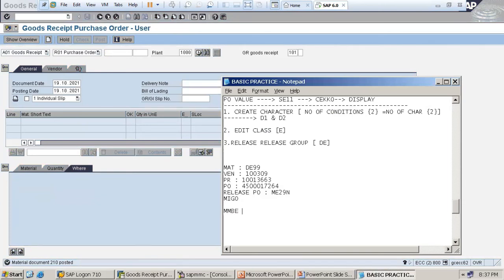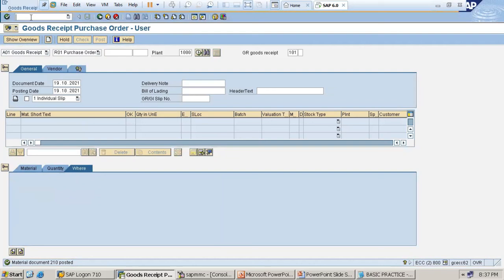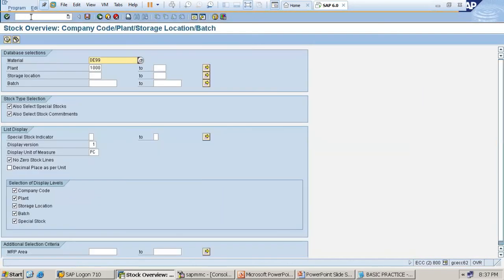MMBE, we call it stock overview. Let me check. Slash and MMBE. Enter. So DE99 is my material under the plant 1000.